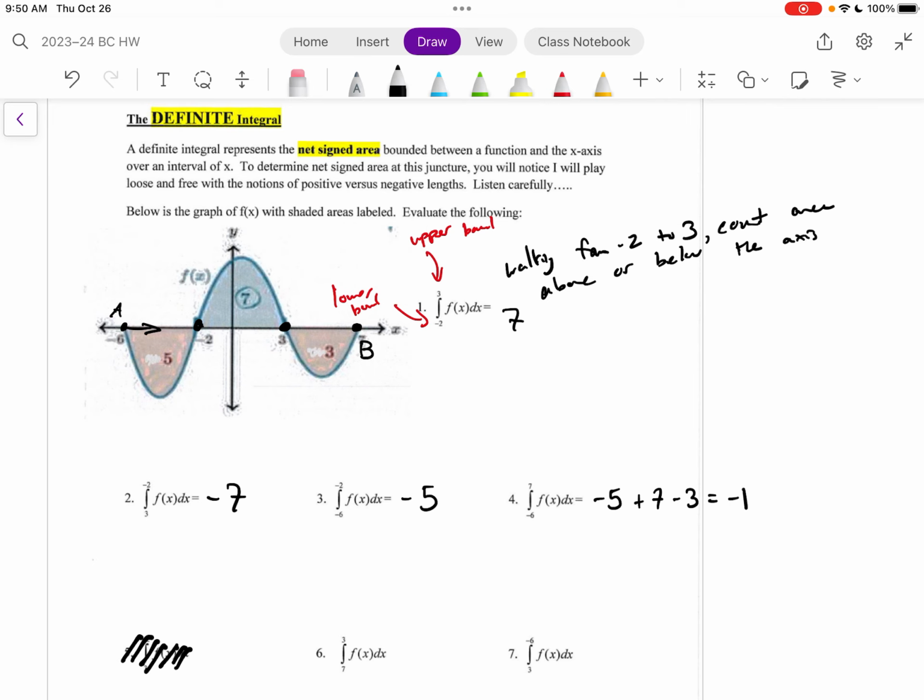If you were to add up the area below the axis, you get 8. And above the axis, you get 7. So you get this -1. And given the things we've seen so far, and given the way we're walking, it shouldn't come as too much of a surprise, right, that we can actually break this up into 3 parts and say that I could add up the area between these guys,